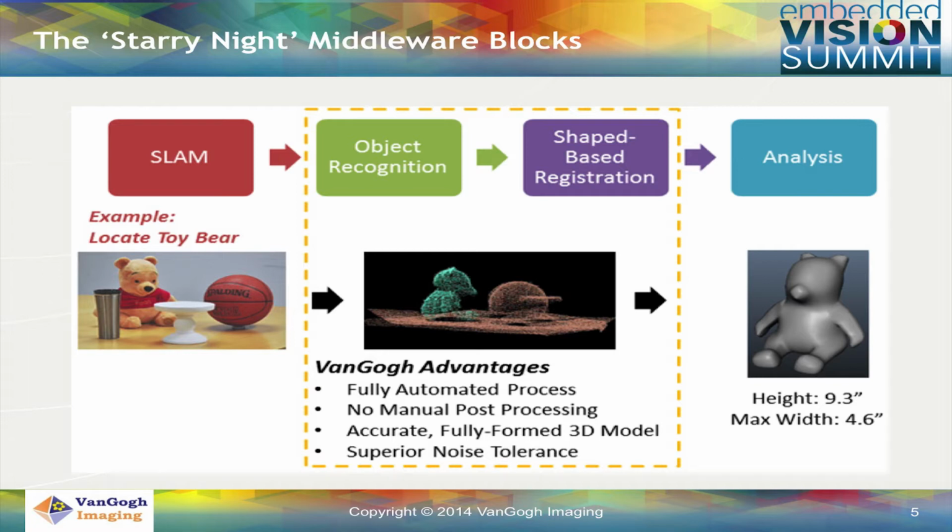SLAM is a technique used a lot in robotics, which tells you where the camera location is relative to the scene, for example. When you capture the scene and recognize objects, you can convert that to a mesh right away, or we have our own unique technique, what we call shape-based registration, which we developed